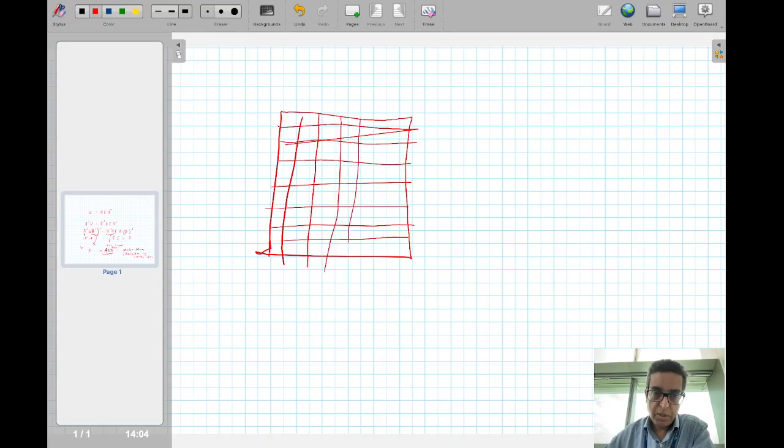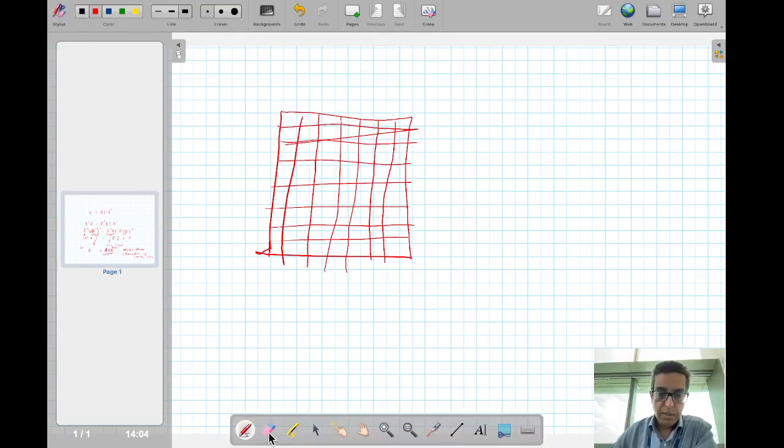It's a shockingly distorted grid, but let's roll with it. Okay, so what we do now to define our straight line Hough transform, or to compute our radon transform, is you draw imaginary lines through